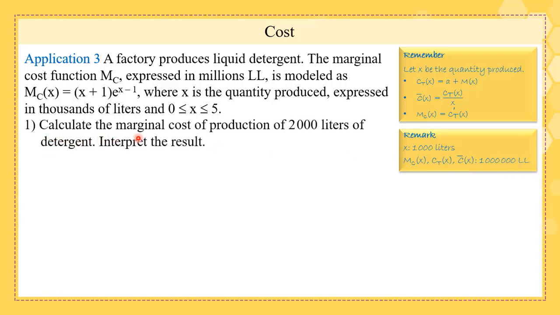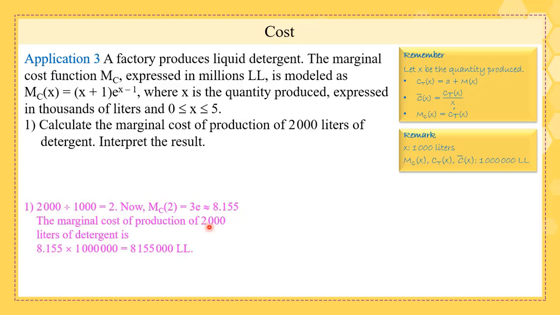1. Calculate the marginal cost of production of 2000 liters of detergent. Interpret the result. First, x equals 2000 divided by 1000, which is equal to 2. Then MC of 2 equals (2 plus 1) into e power 2 minus 1, which is equal to 3e. Approximately, it is equal to 8.155. And its interpretation is the cost of production of the third thousandth items of the liquid detergent is